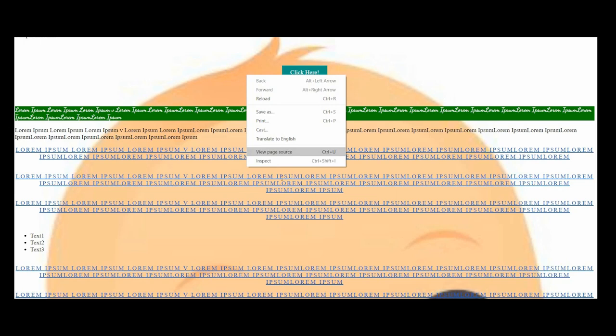Let me move on to border. One more thing we have seen by inspecting: the value which you change for this particular class will be affected temporarily only in the browser. It won't be saved in the CSS. This is for trial and error.